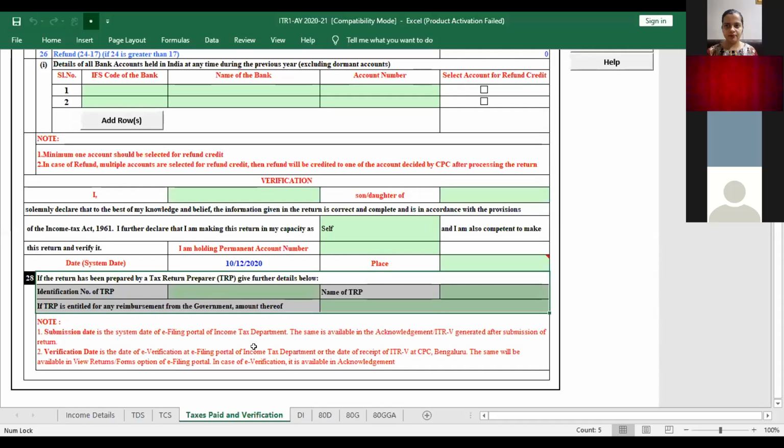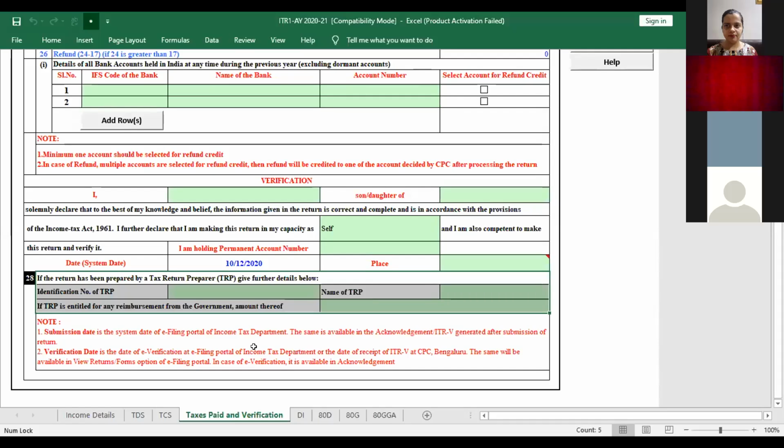Now before ending, I would just like to give you a tip: when you sit to fill your IT form, you should keep a couple of things very handy because you need all these numbers time and again. First thing, keep your PAN number. You need all your TDS certificates, Form 16, 16A, 16C, 27D if you have it. The advance tax that you have paid, nowadays we pay online only, so you may have a soft copy as well. The self-assessment tax challan that you have paid, your bank statements, Aadhaar card, the Form 26AS that you have downloaded, and whatever investment proofs you have. You should sit with all this together and file the return once and for all.